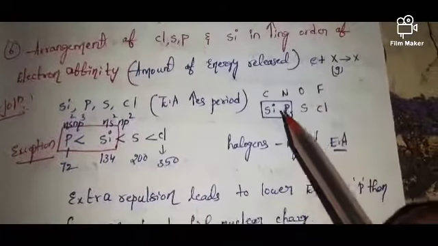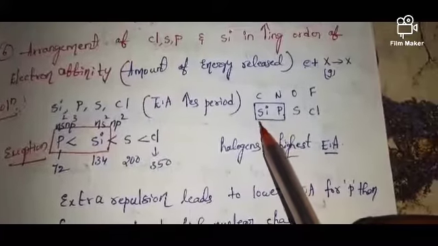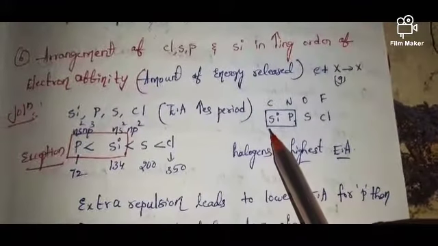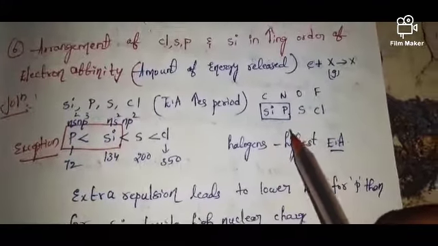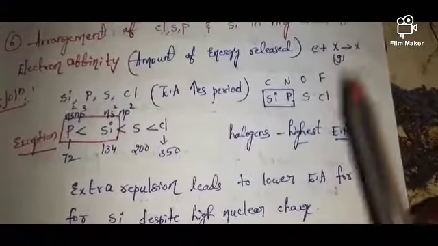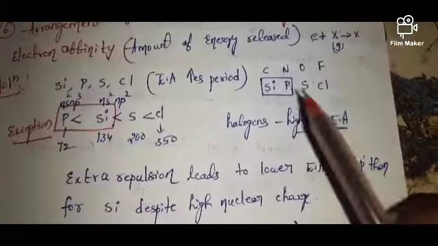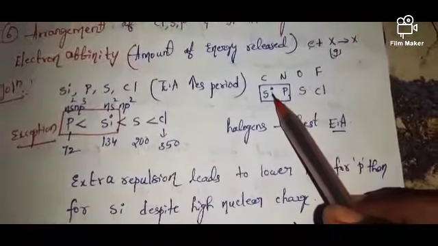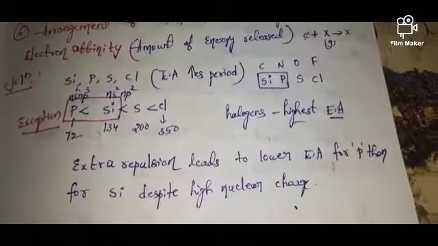Here silicon has more electron affinity when compared to phosphorus. This is mainly due to the extra repulsion. Extra repulsion leads to lower electron affinity for phosphorus than silicon. Hope you understood this, friends. Next,